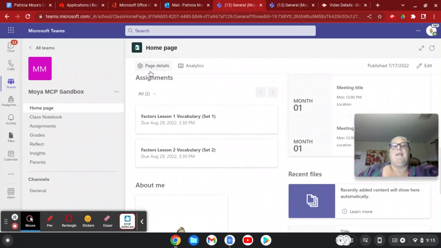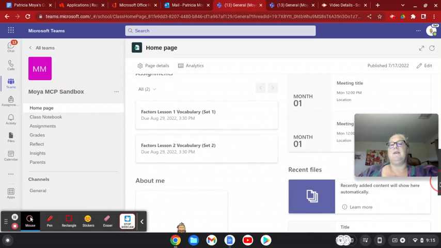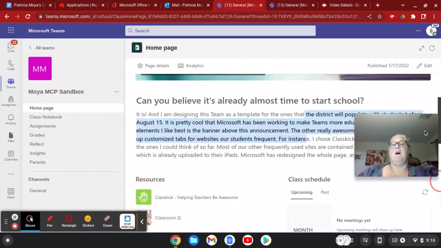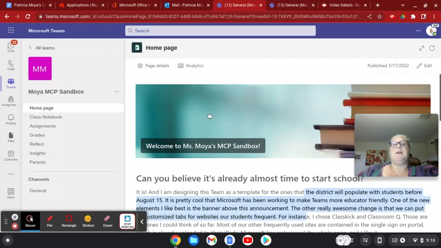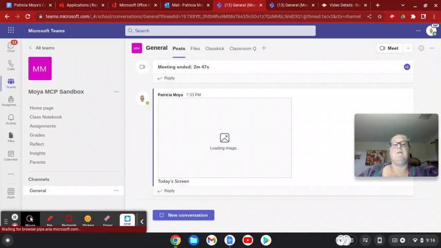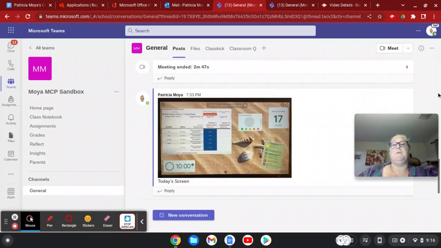Here there's a spot for assignments right here on the home page, so they can see what assignments are due soon. I've put up 2 so far, just to give an example of what we have here available on the home page, which, like I said, is new to Teams this year, so it's going to make things really easy. Last year, our home page looked like this. Just announcements, and